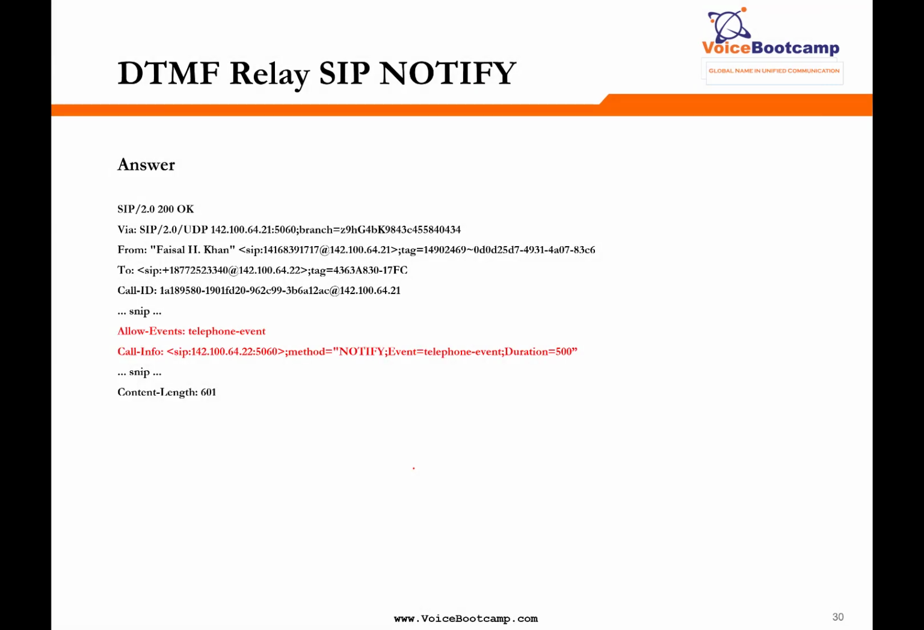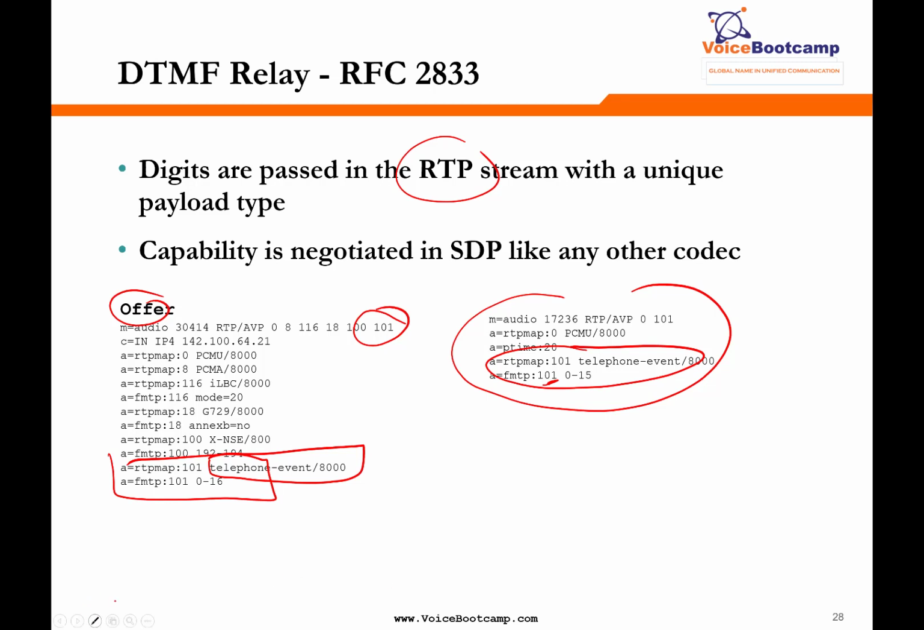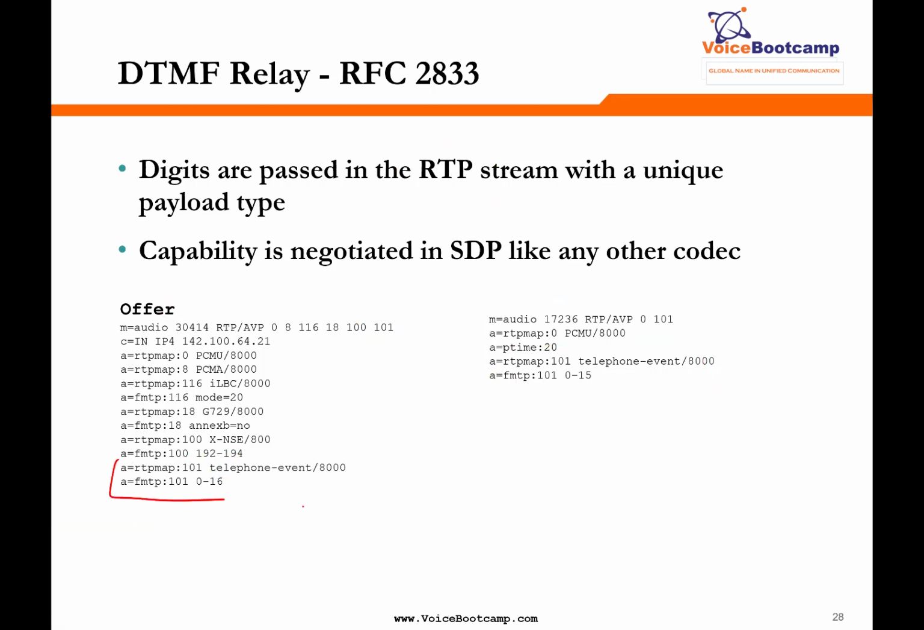The answer will also contain something very similar, where you'll see allow event and it will tell you telephone event. That's an indication that you're using SIP notify DTMF relay. So in case they give you a debug message or trace file to diagnose, and they tell you to identify what kind of DTMF they're using or some sort of DTMF related information, you want to be able to monitor and identify this. If you are seeing something like this, for example, this type of information,